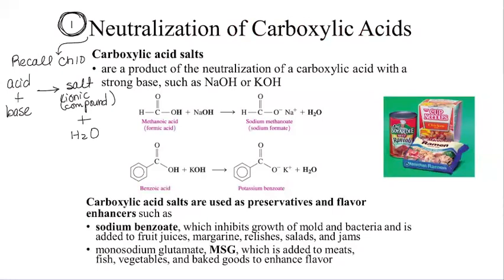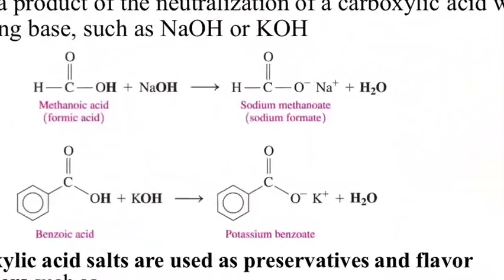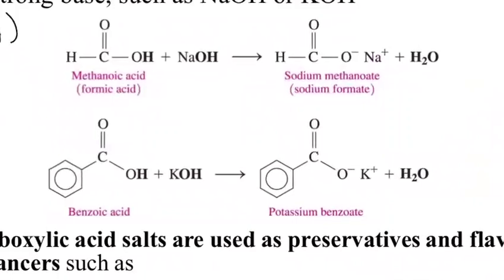So what happens when we neutralize a carboxylic acid? Well, in the neutralization, the acid is going to be the carboxylic acid that you're working with. The base is going to be a strong base. And as you can see in the example here, it could be sodium hydroxide, it could be potassium hydroxide, it could even be lithium hydroxide, but it's going to be a strong base. So overall, when we look at this reaction, I'm just going to zoom in so we can look at these reactions,